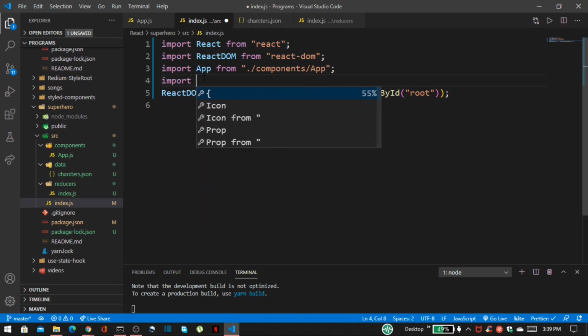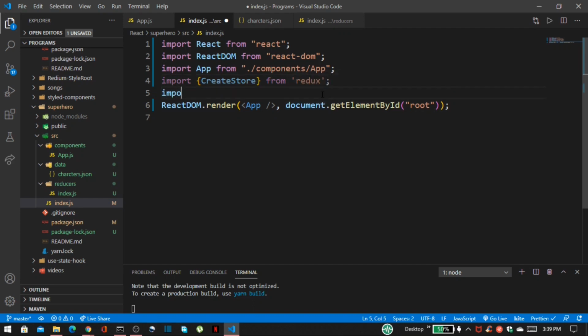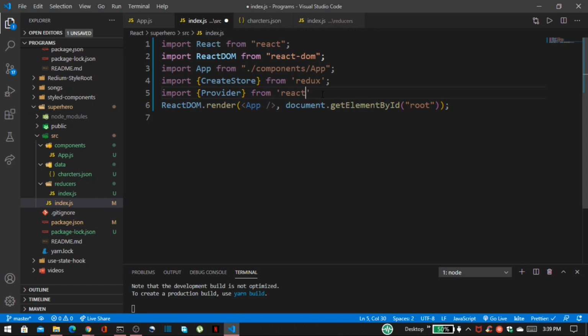Here we want to import our createStore from Redux and import Provider. Make sure P is capital here, and this is from React Redux.